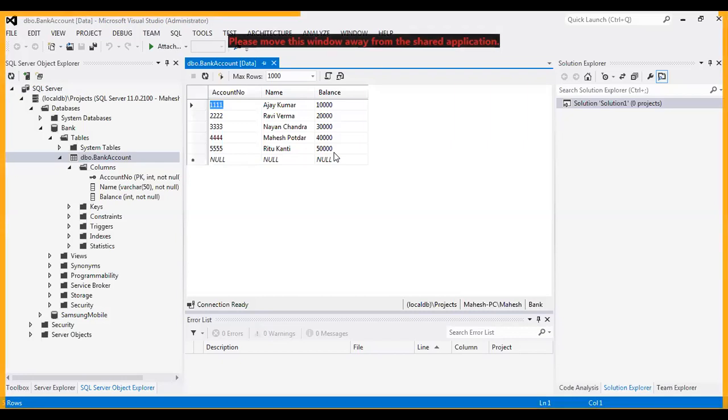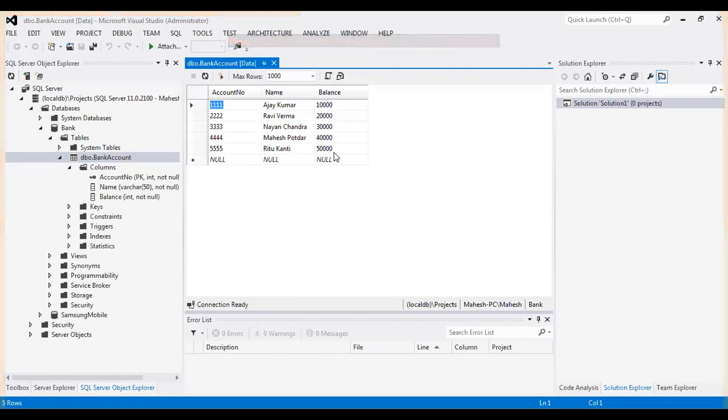This is the simple database we have considered for retrieving records from this SQL Server database. Suppose the bank has a core banking system that uses this SQL Server database, and they are not giving you direct access to it.